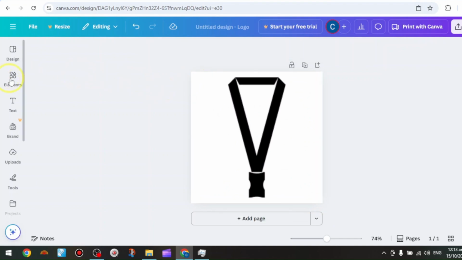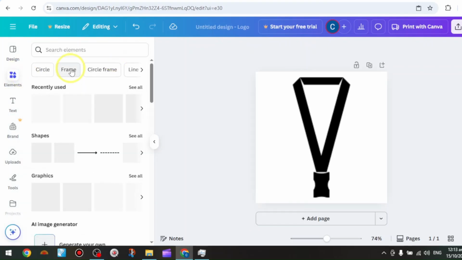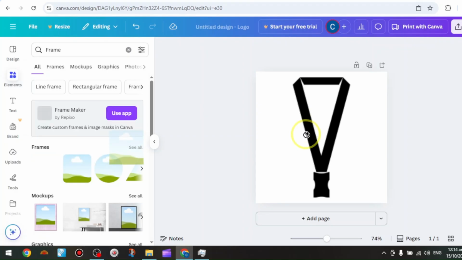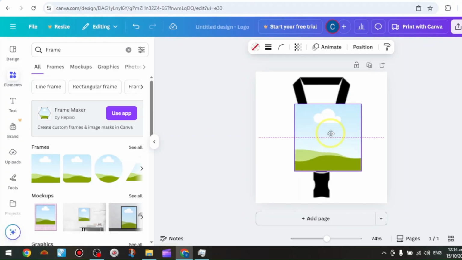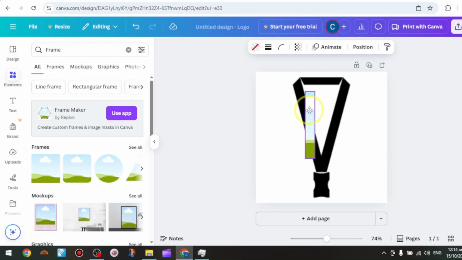Then next, in the left panel, click on Elements. Then we're going to click on Frame. Just drag this square frame to your canvas. And we're going to resize this frame the same with our lanyard. So size it up, position it towards our lanyard